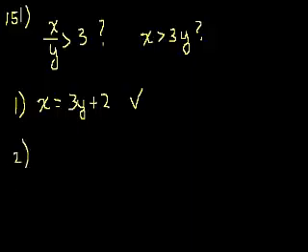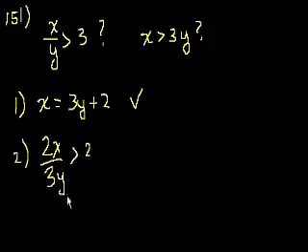Second statement. The ratio of 2x to 3y is greater than 2. Let's just do some algebraic manipulation. 3y, once again, we know that's positive, so when we multiply both sides of the inequality by it, we don't have to switch the sign. So you get 2x is equal to